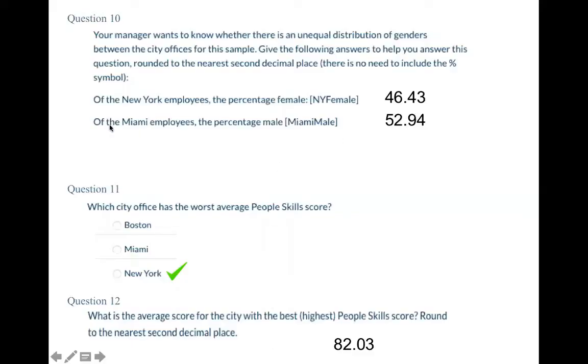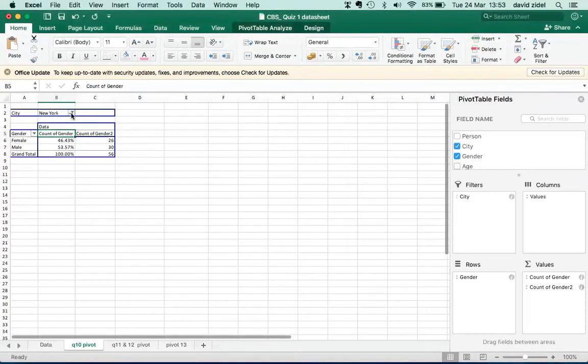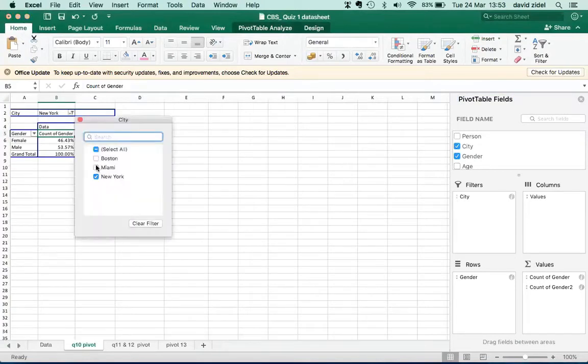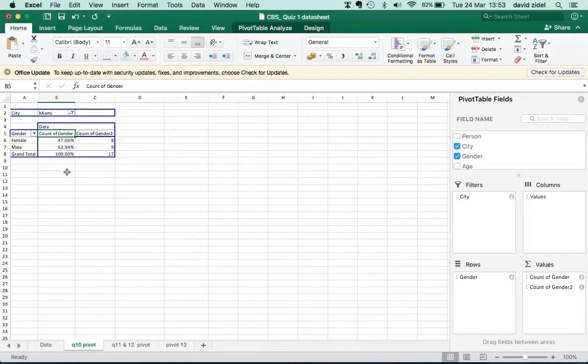And for Miami employees that are male, what I've done by putting in a filter is I can just go and filter the city. If we put it by Miami, you would get the answer, and you could see which are male and female. I've also put the count, but you could do it by gender or by percentages. Over here, for instance,